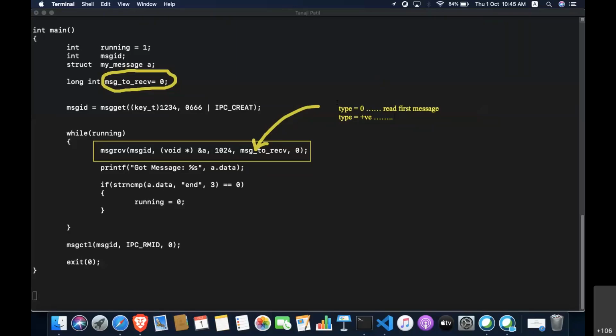If the type of this message is equal to negative number, if the type of this message is some negative number, okay, in that case, then the first message,